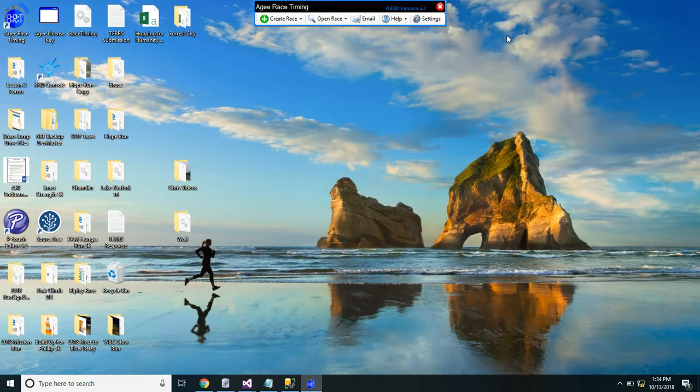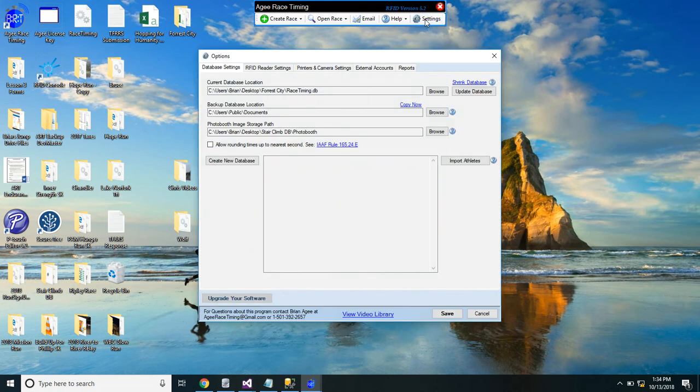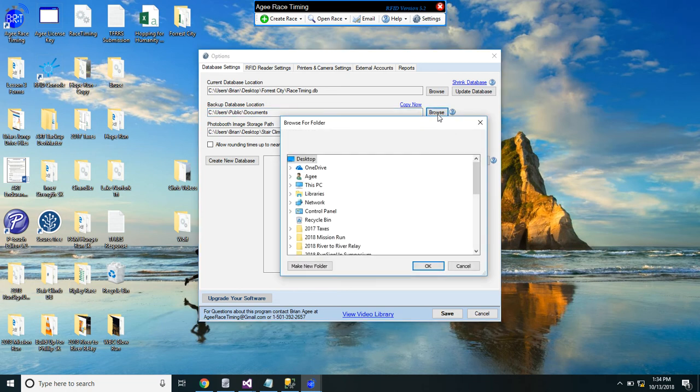The last thing I do is I go to the settings screen. Now we're on the main timing computer right here, so I've got mine set up to go to C:\Users\Documents, C:\Users\Public\Documents. And on your kiosk computer, what you're going to do though is something a little different. You'll go to, for example, Network,